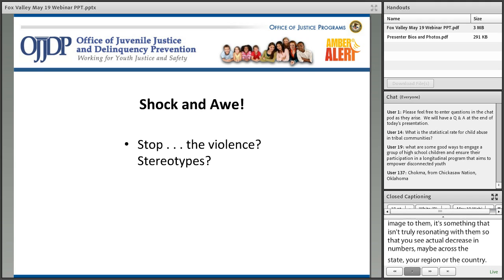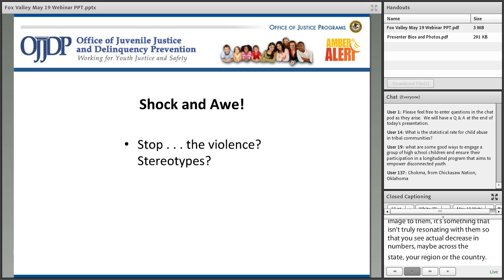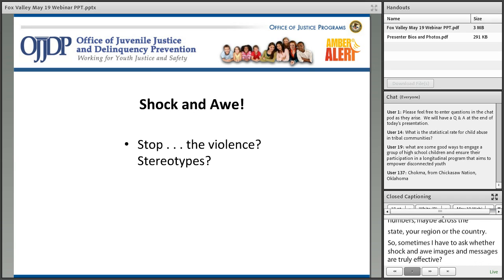Some of the feedback I've received from folks that I've worked with is that the images don't resonate well with them because the pictures are too graphic, or it could be that the written message isn't strong enough and doesn't correlate with the image itself. So if you want to stop the violence, we need to find other avenues to send out the message without stereotyping what we often see in violent images,